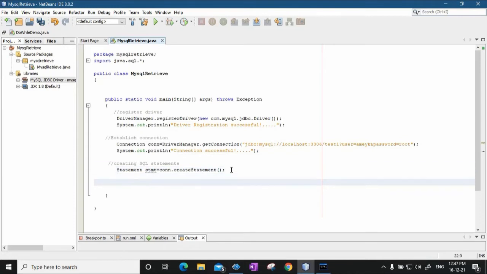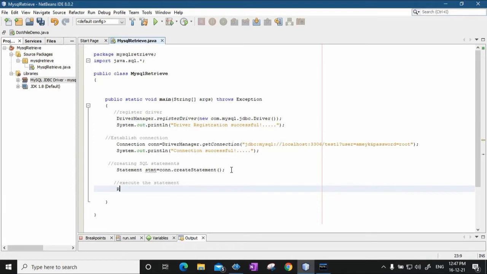Okay, so next is execute. Execute the statement. So we have to execute the statement. So to execute the statement, now what will happen? In this you are going to fire the query select star from EMP. Now once the query is fired, it is going to return some tuples. Where are these tuples going to be stored? So there is a class called result set. Okay, the object of that result set class will receive all those results that are returned from the database.